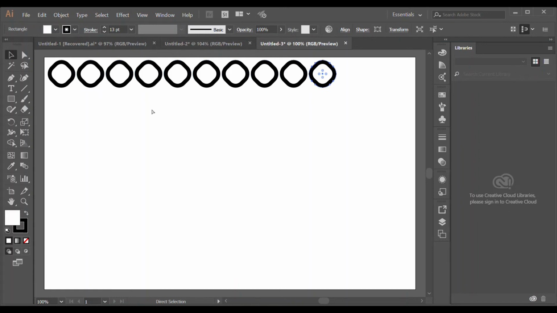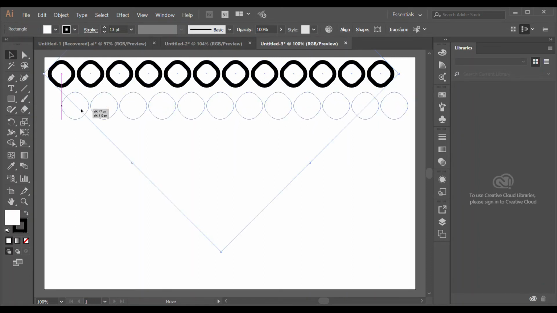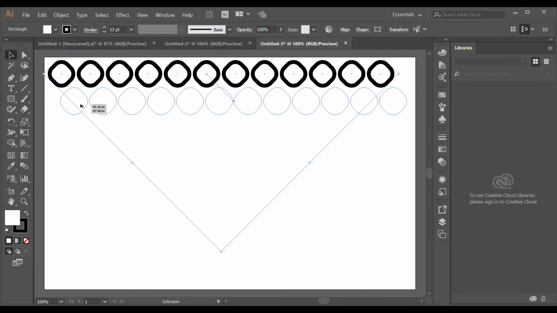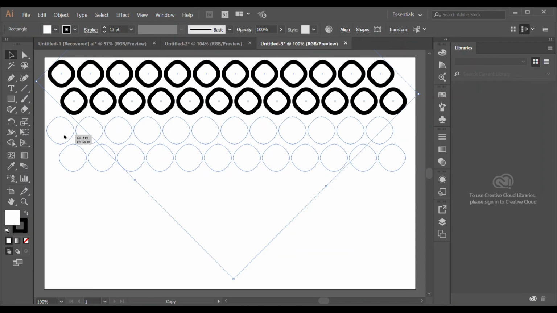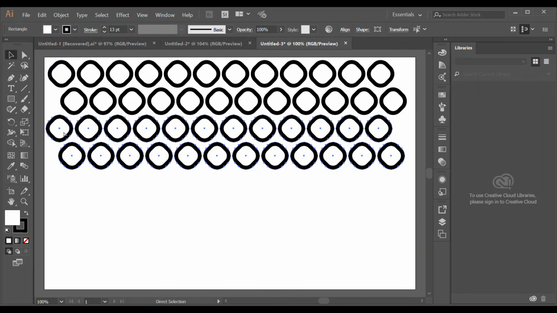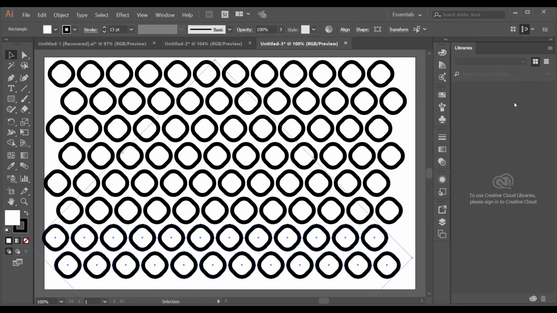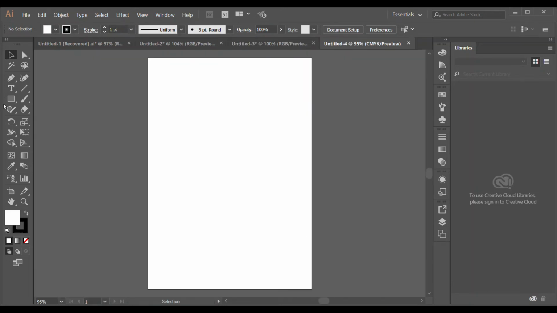Then we repeat by Ctrl D. Again repeat downward like before and put it all over the artboard. Again repeat it. Then we create a new pattern. Again take a new page